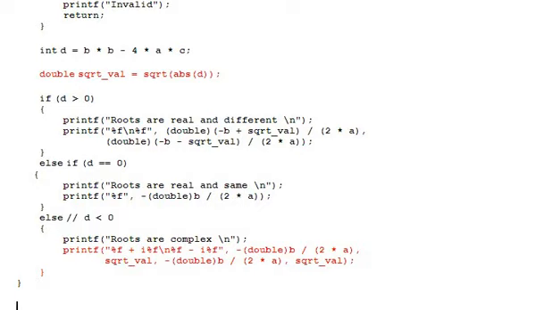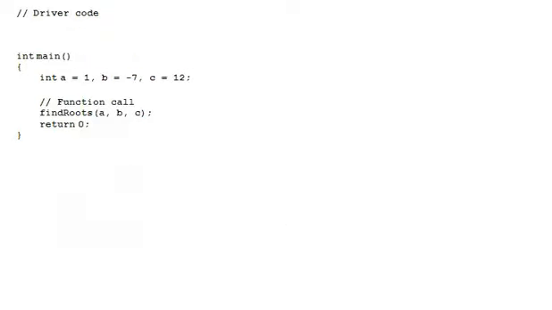Look at this program clearly. All the conditions, d greater than 0, d equal to 0, and everything is inside the function definition. Look at the main program. Here the function definition is outside the main. Function definition can be inside the main or outside the main. So find roots of a comma b comma c semicolon is your function call, and we assigned a, b, c with some values. As I told you, you can write a program in different ways, and in this program there is no function declaration. Based on your compiler, you can avoid function declaration.